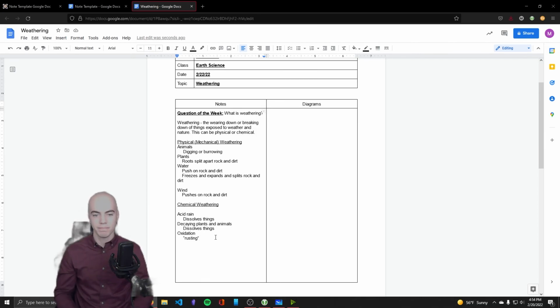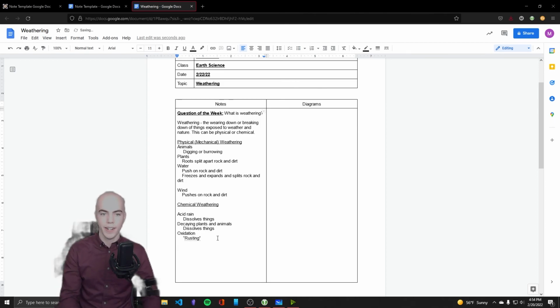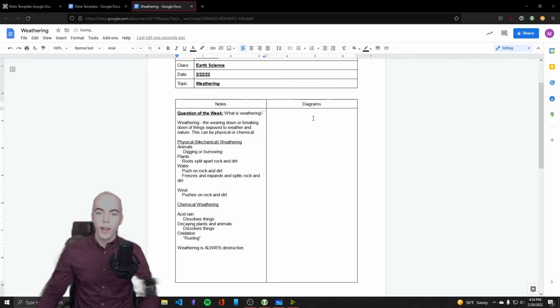weathering. So now you can see what a big effect it can have when all of these things come together and work together to basically destroy something. Which we should also add here, weathering is always destructive. So if you have the diagram of the mountain building and destroying, and you have all of these notes, you should be ready with enough information to start your projects on your own. You can look some of this stuff up and look further.